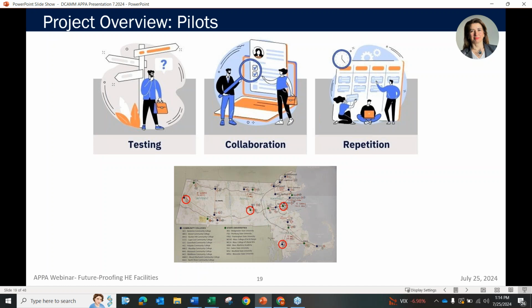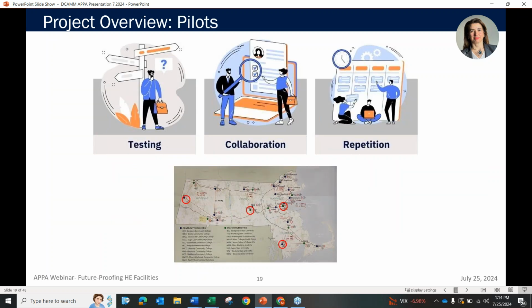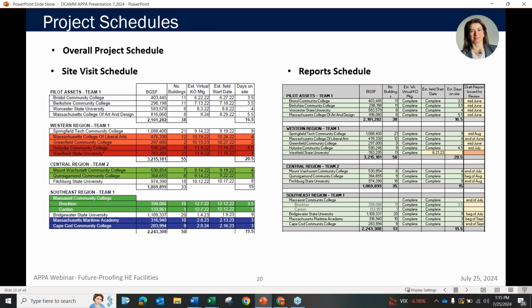This effort, just to keep in mind, took about 3 to 5 months because we had to go through multiple reports and work with the constituents to get those resolved. For the pilot reports, we also involved a lot of different groups on our end. Different groups as far as the energy, the accessibility, the environmental groups within DCAM to help us resolve the efforts and the deliverables. For this effort, we had an overall project schedule, which is typical for any project, but